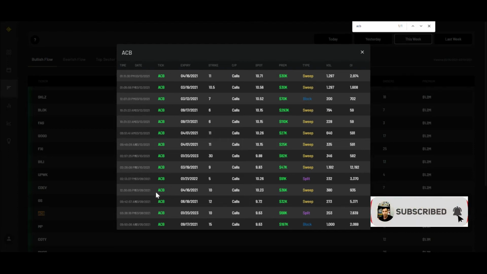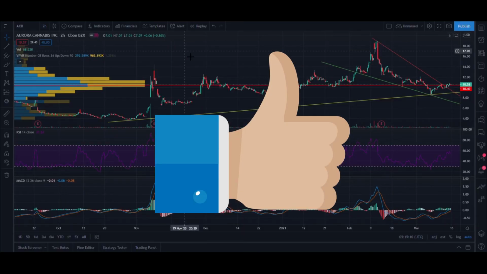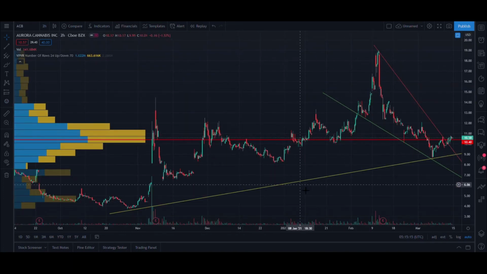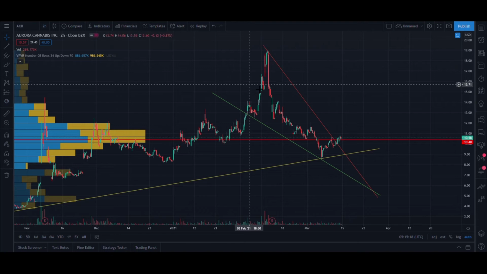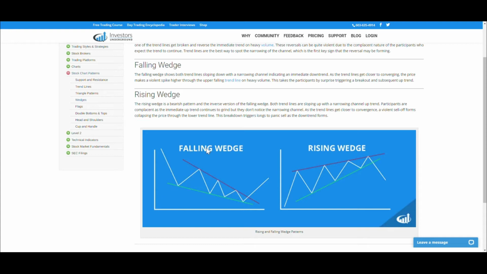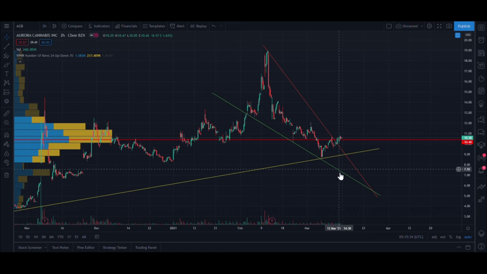So let's take a quick look at the technical analysis. Let's just look at the chart for now. All right, so here's the chart, and as you can see, here's the falling wedge type of pattern that I see. For those of you who don't know, as we get closer and closer to these two lines touching each other, there's usually a huge breakout. The thing is, I think we already experienced that breakout. It looks like we're bouncing up and down between these two lines, and then it seems like we actually broke out right here. So it's looking like a breakout to me.